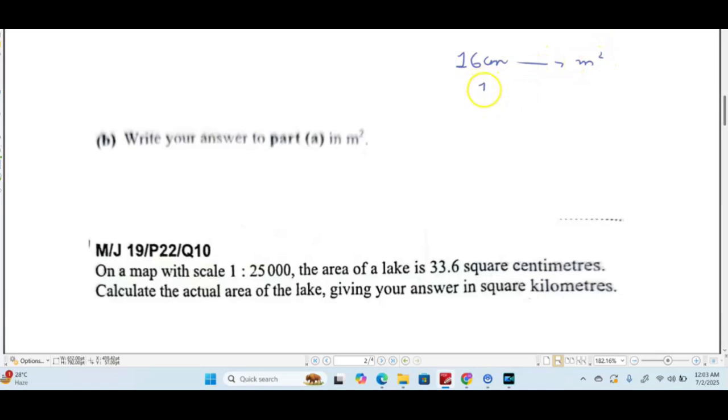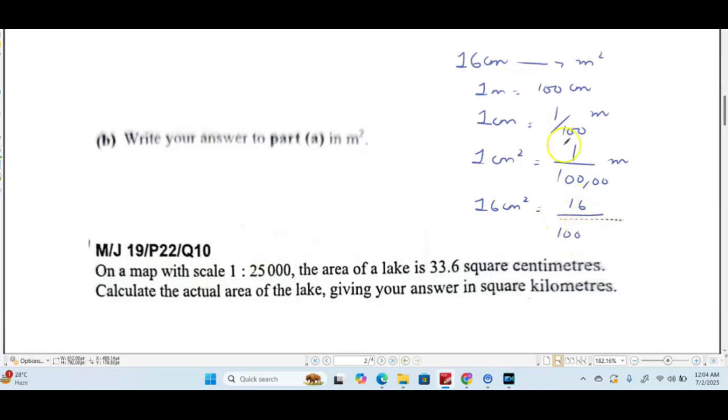Now we know that 1 meter is equal to 100 centimeters, and 1 centimeter is equal to 1 over 100 meters. ठीक है? So 1 centimeter square would be equal to 1 by 10,000 meters. ठीक है? So 16 centimeter squares would be equal to 16 over 10,000,